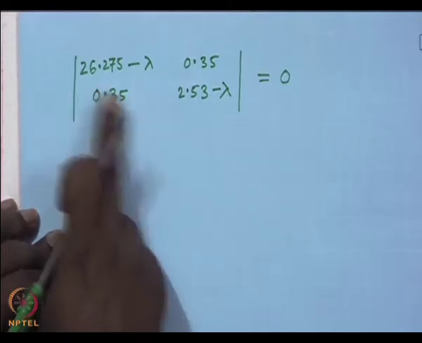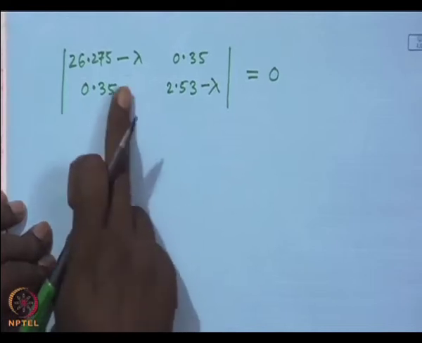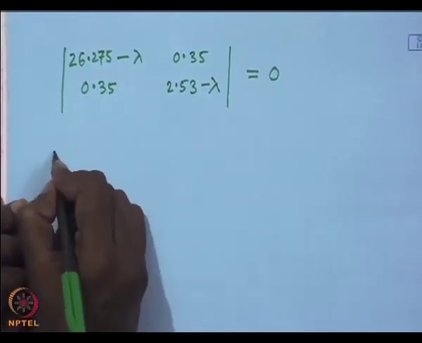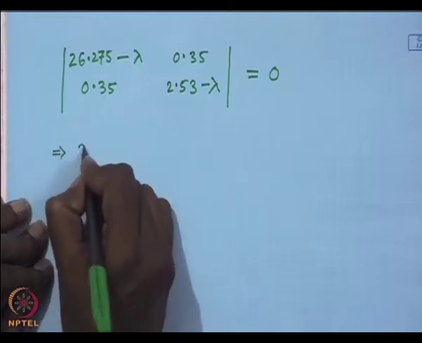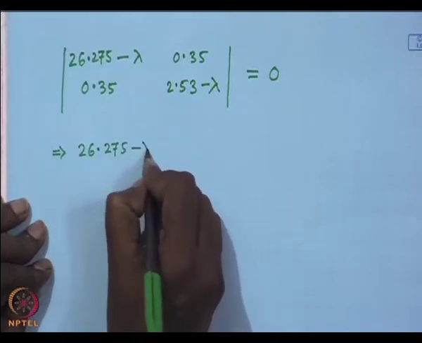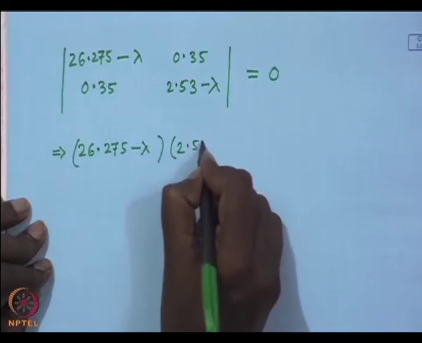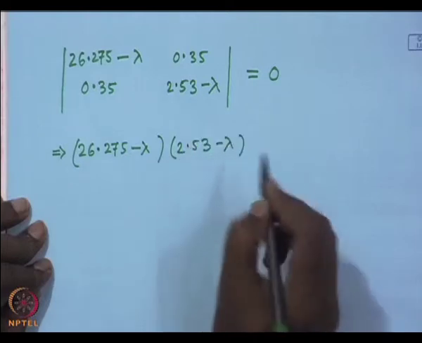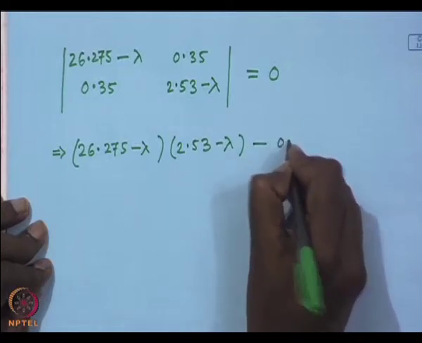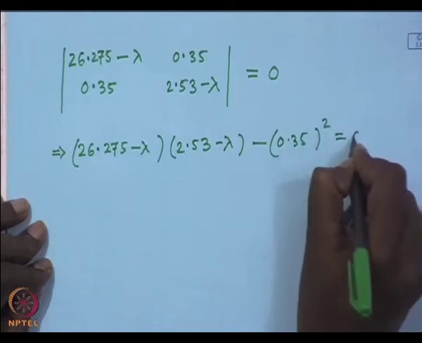And you solve this equation, and I get the different eigenvalues lambda. So, simply this equation leads to (26.275 minus lambda) into (2.53 minus lambda) minus 0.35 square, which is equal to 0,